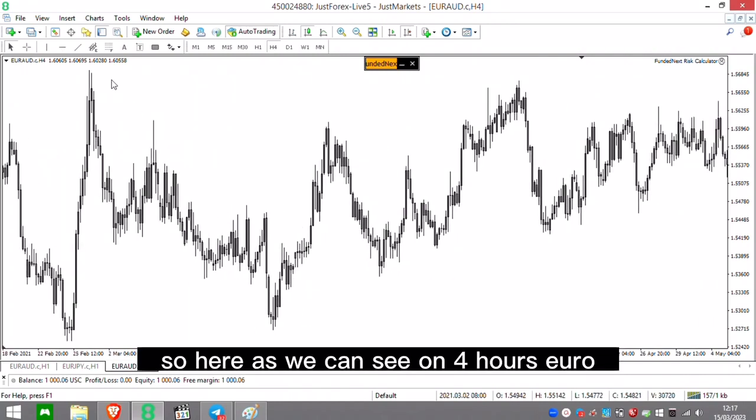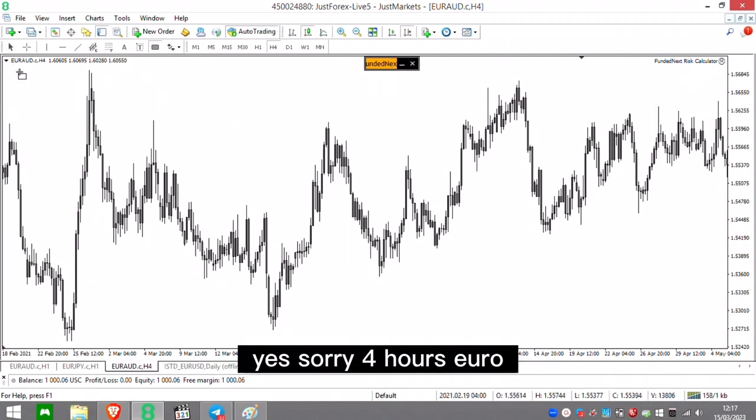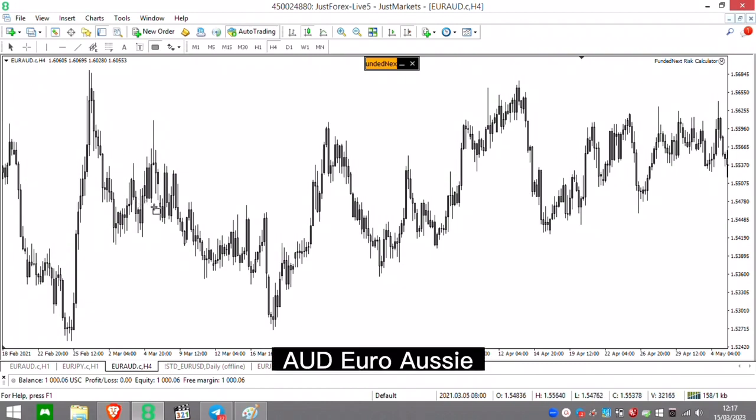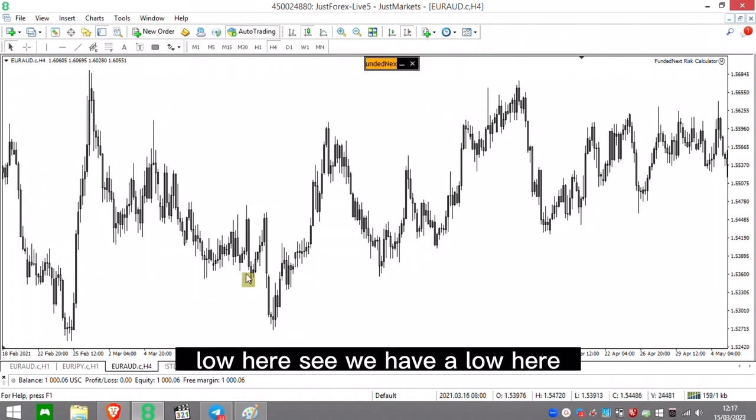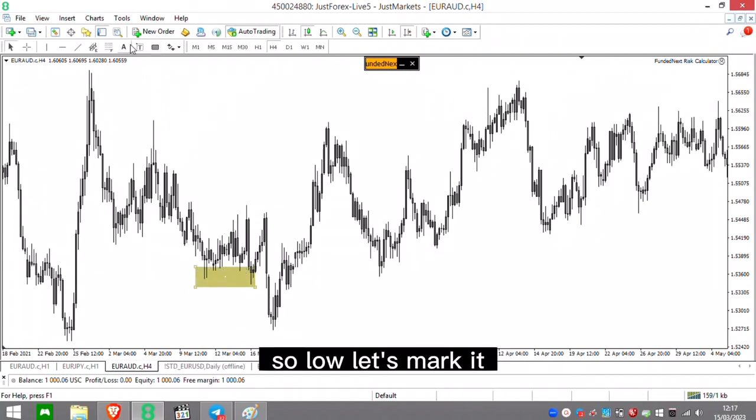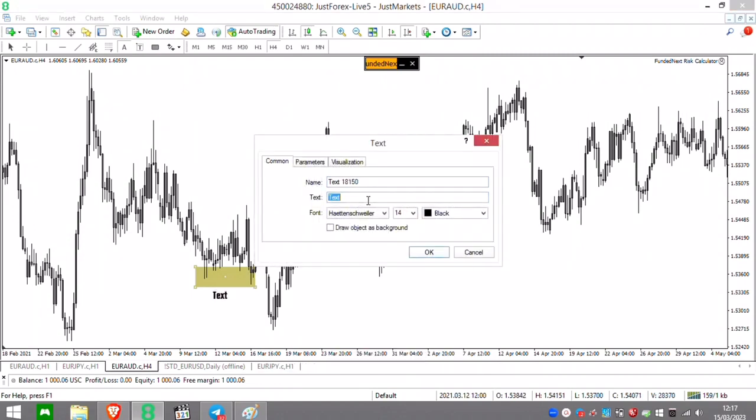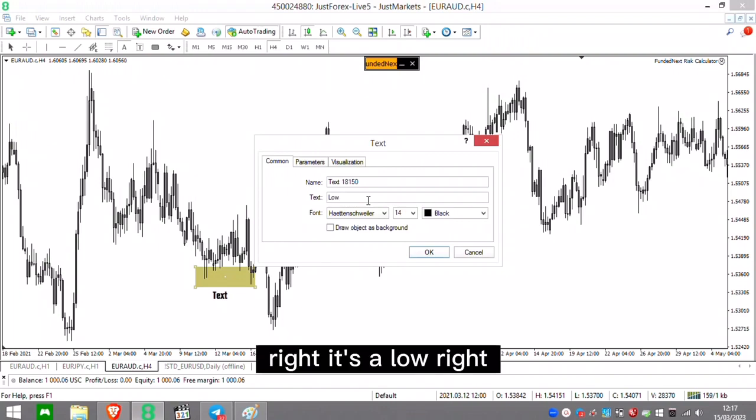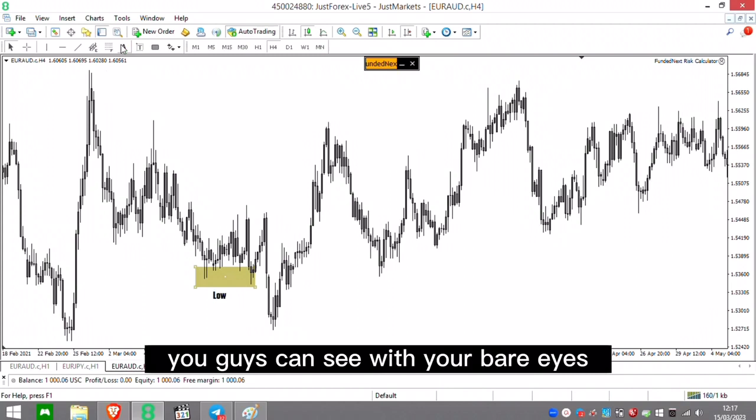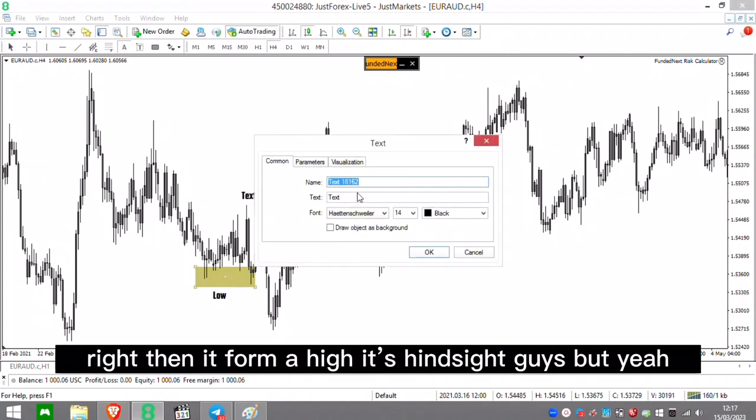So here, as we can see on the 4 hours Euro AUD, we have what? We have a low here. See, we have a low here. It's a low. Let's mark it. It's a low. Right. It's a low, right? You guys can see with your bare eyes. Right, then it formed a high. It's hindsight, guys, but yeah,